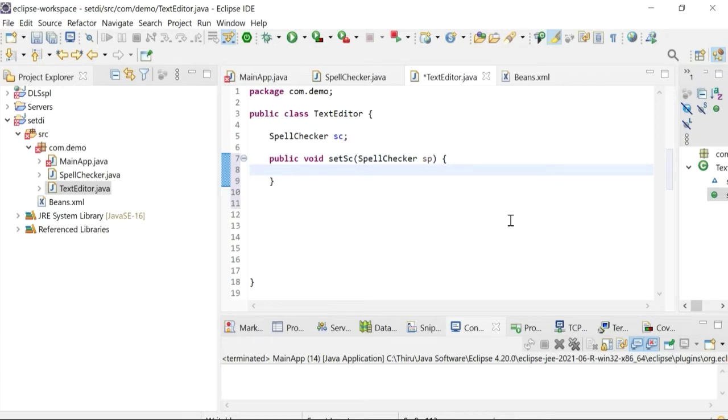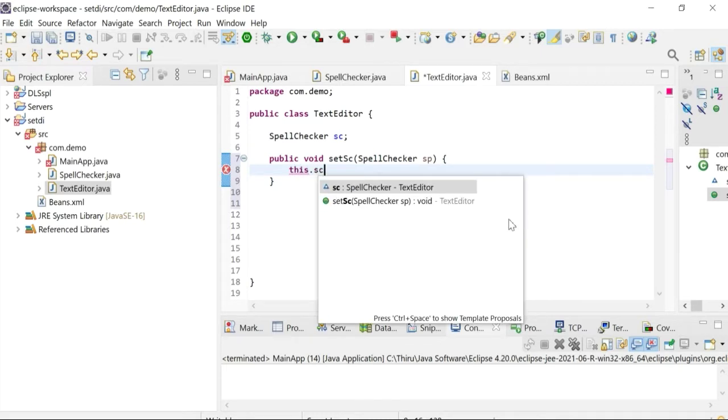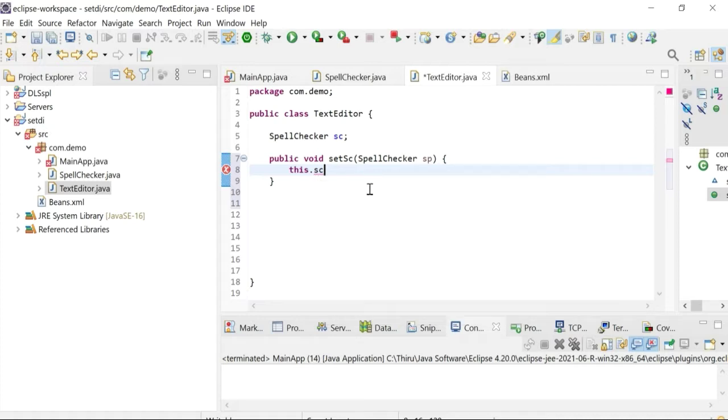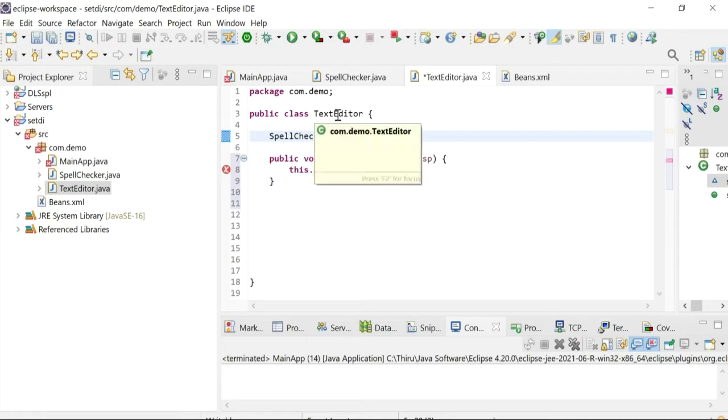Here this.sc refers to the current object, that is the text editor object. sc is the reference variable of the spell checker which exists in the text editor.